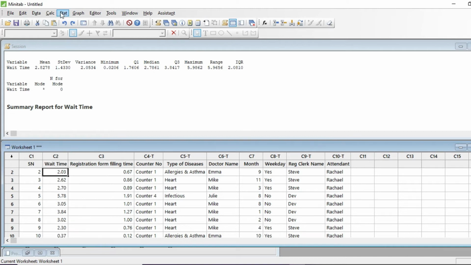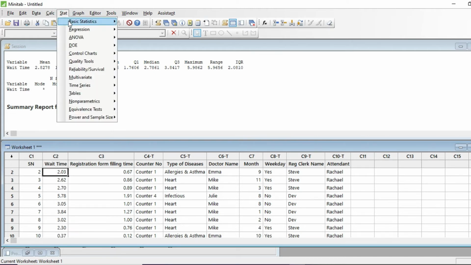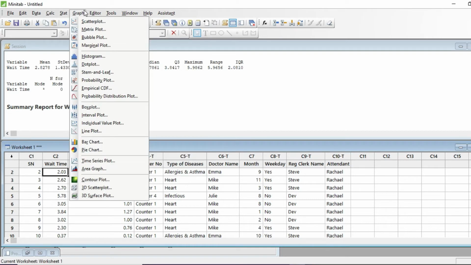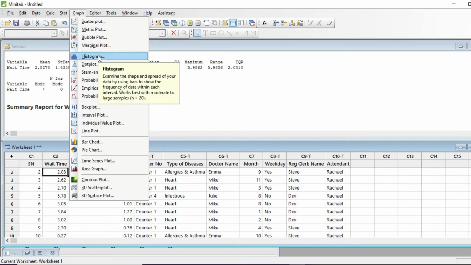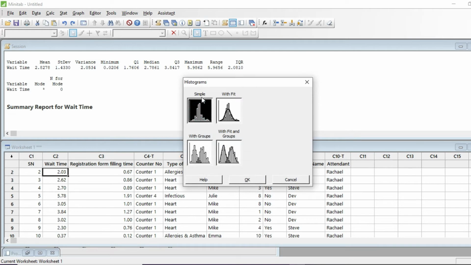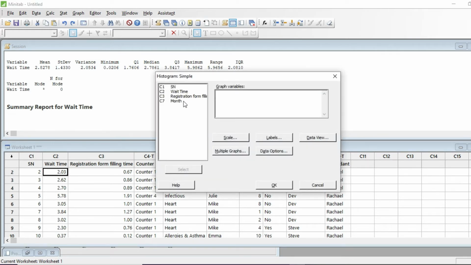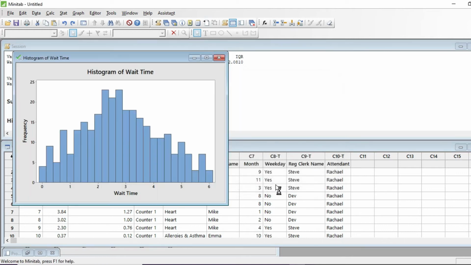So I go to Start, Basic Stats. So I go to Graph, I go to Histogram, and for now I'm just going to pick up simple histogram, and I pick up my graph variable which is the wait time, and I just click OK.